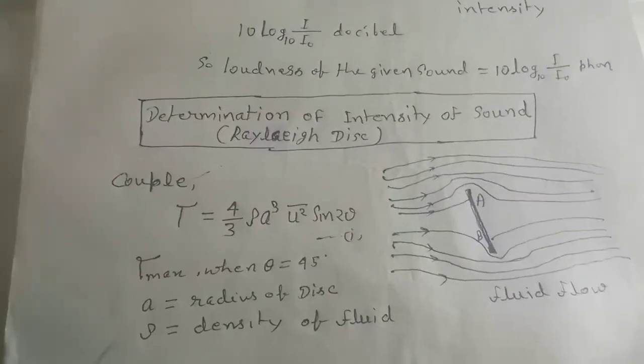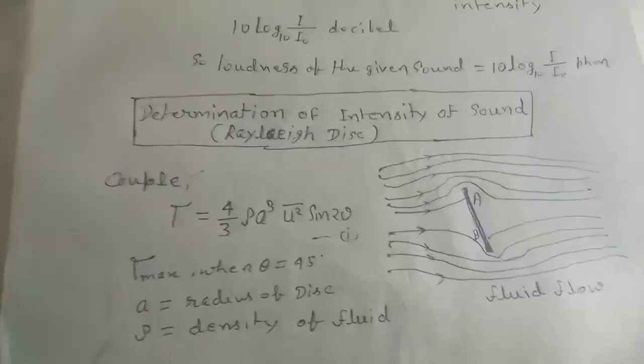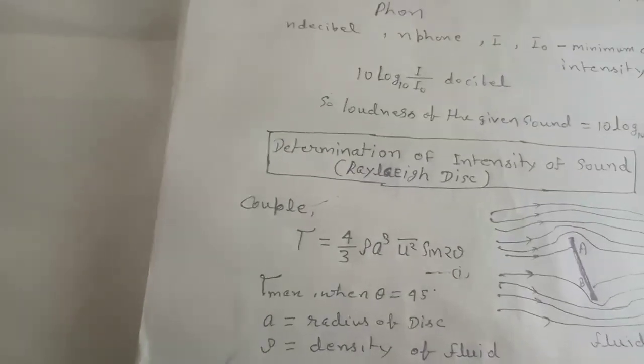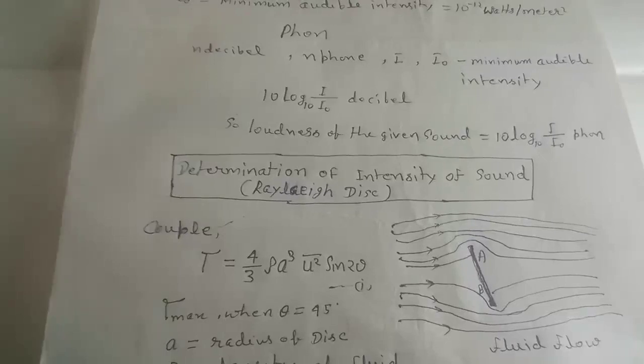Determination of intensity of sound. Rayleigh disk method. The Rayleigh disk is an absolute device for the measurement of sound intensity. It is based upon the famous principle of hydrodynamics